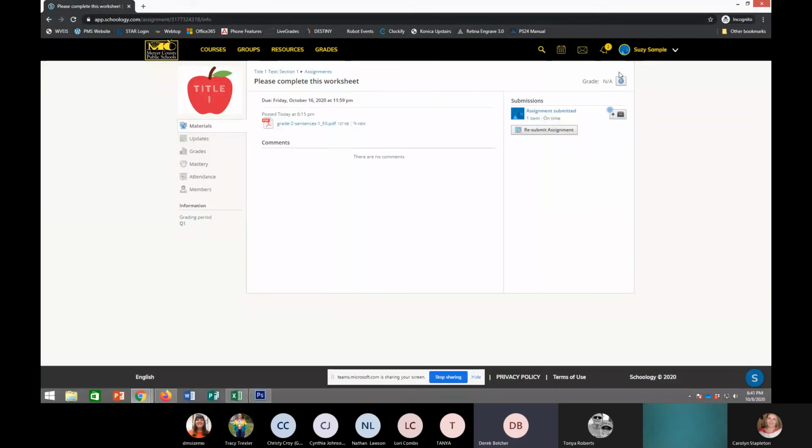They can see their score, but not actually see the assignment, the questions and their answers and whether it was right or wrong. That is mostly so that they can't share that with the student that hasn't seen the test yet before Friday comes around. If the teacher has turned on that ability to view, then it is certainly possible for them to see that. And I'm going to go back to